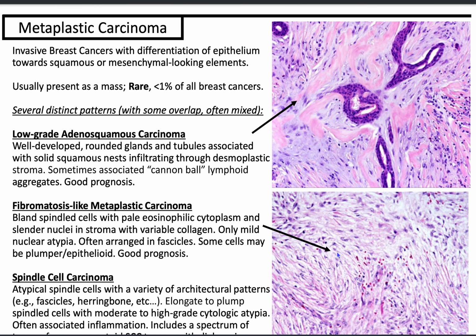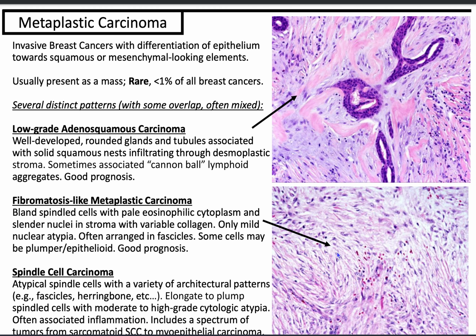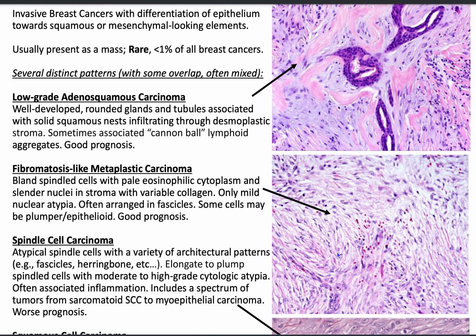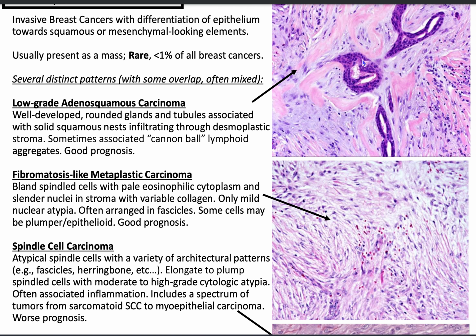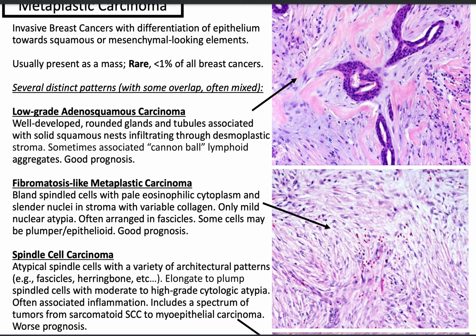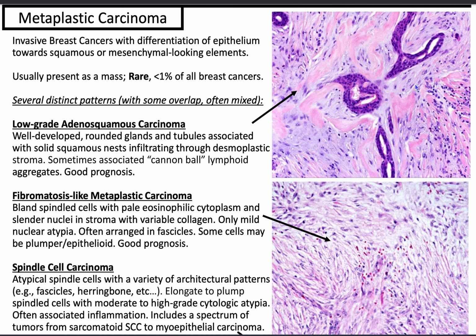These are pretty rare. They represent less than 1% of all breast cancers. And within metaplastic carcinoma, there are several distinct patterns. Low-grade adenosquamous carcinoma will have glands and tubules, and they're associated with a desmoplastic stroma, as you can see here. Sometimes it can also be associated with cannonball lymphoid aggregates,